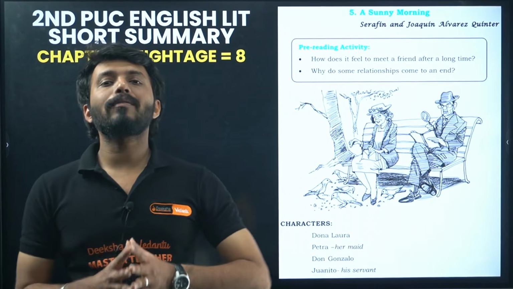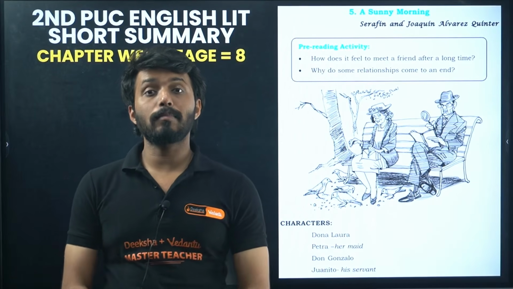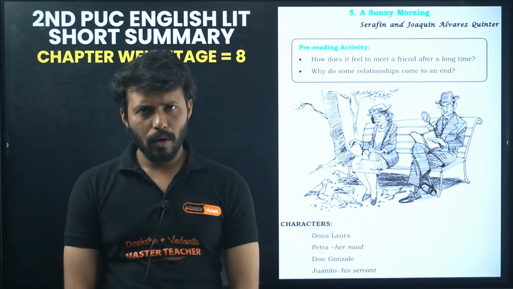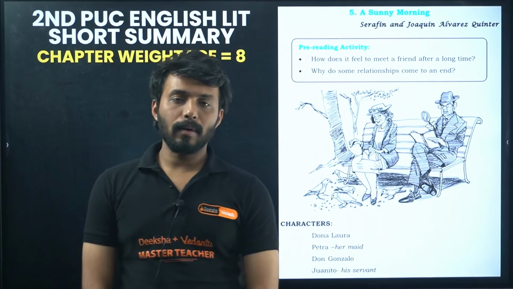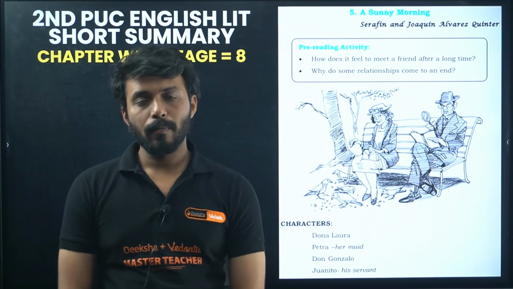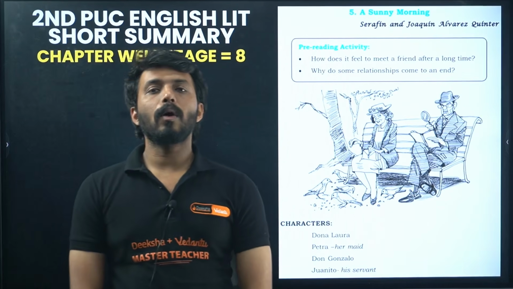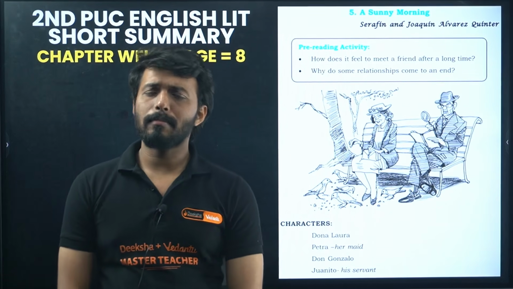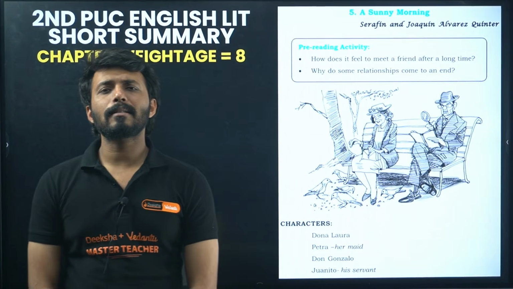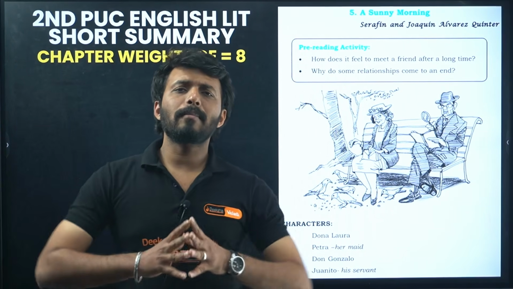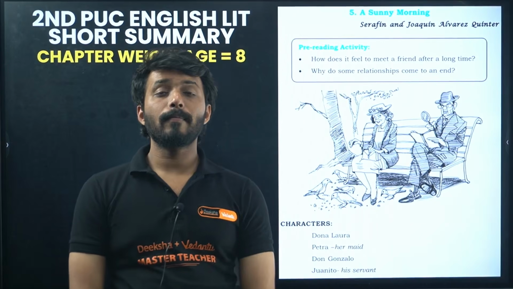So the majority of this play revolves around the conversation between Don Gonzalo and Donna Laura. So the male protagonist and the female protagonist, Donna Laura and Don Gonzalo. These are 2 people who are in their 70s, septuagenarians we can say. And this play basically opens on a very beautiful sunny morning in one of